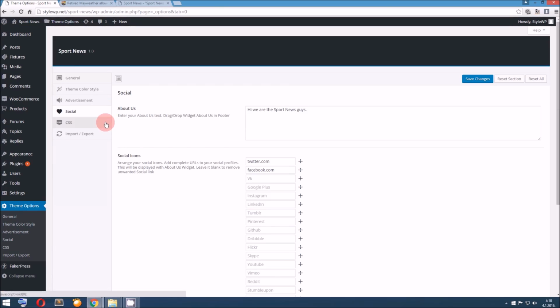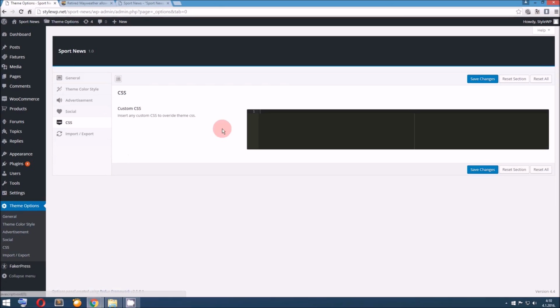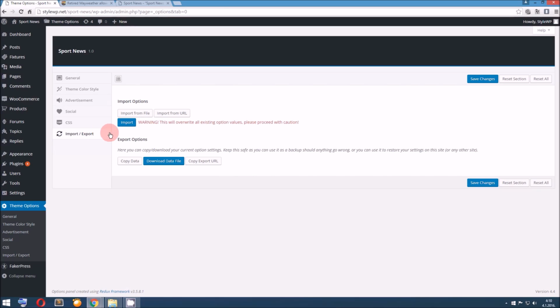The next part is CSS. If you want to place some of your own CSS code and you don't want to lose it, for instance, when we update our theme, place it here. Import export. If you decide to switch theme, for example, and you want to save data here, use download data file, copy data, and then if you once again decide to revert back to this theme, you can import all this. And this is it for the theme